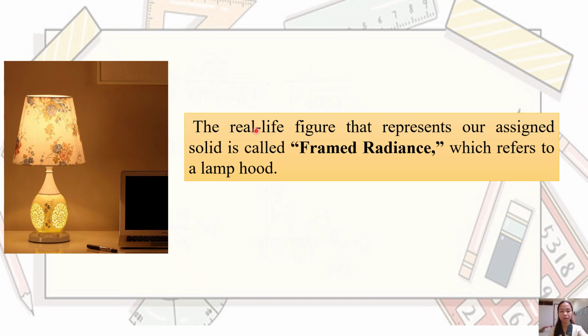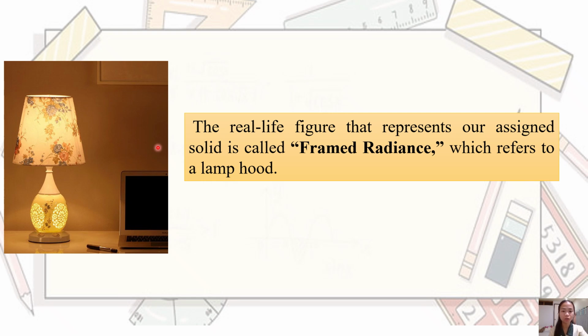A lampshade typically has a rounded or flared shape that resembles a solid of revolution, often with a hollow center similar to the structure formed using the washer or shell method. So this figure connects to our problem as both involve analyzing the volume of a rotating shape. By understanding and applying these methods, we can determine the amount of material or the volume needed to create the lampshade and appreciate how mathematical models are used to design practical and functional objects.